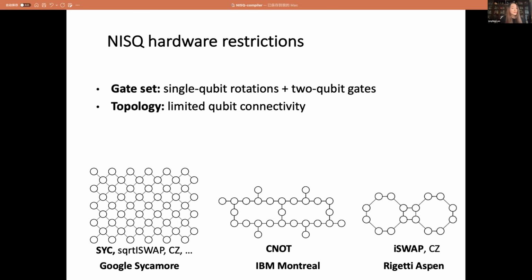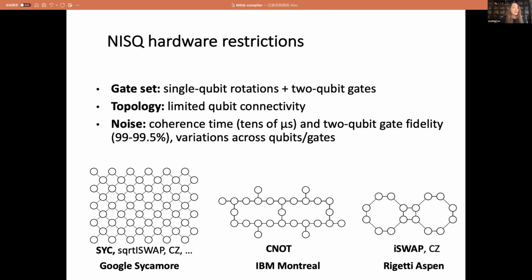Moreover, these devices have limited qubit connectivity, meaning that we can only perform 2-qubit gates on connected qubits. Besides, these devices are quite noisy. For superconducting qubits, the coherence time is around tens of microseconds, and the 2-qubit gate fidelity is around 99.5%.